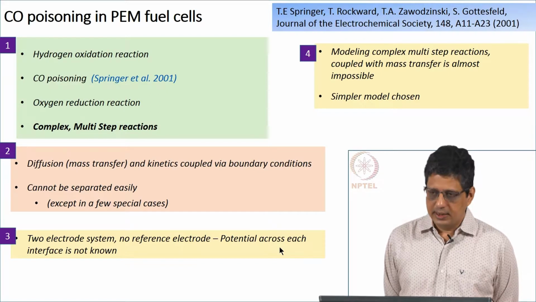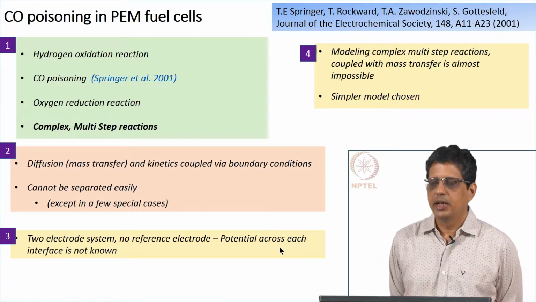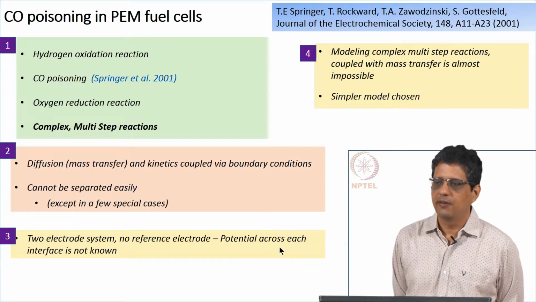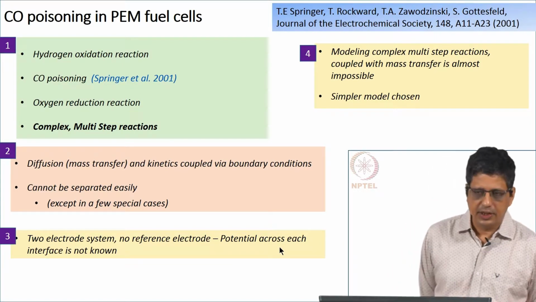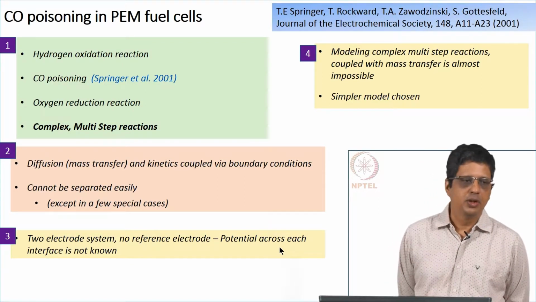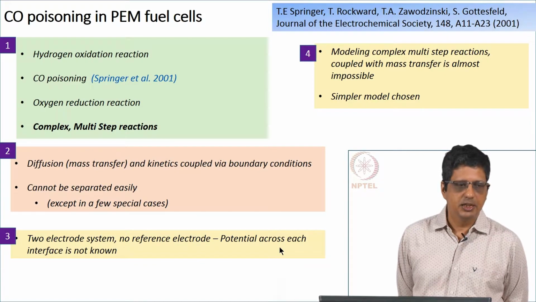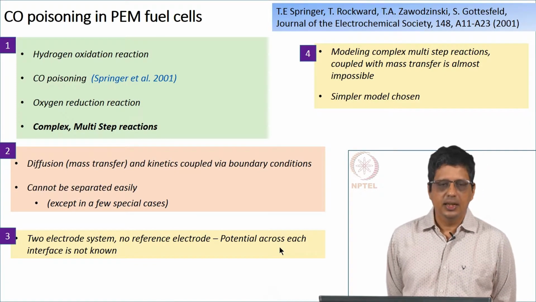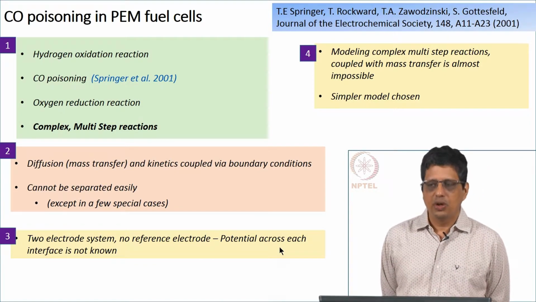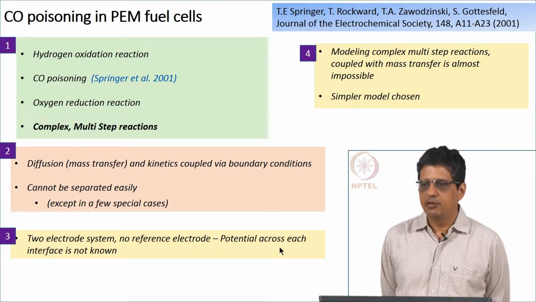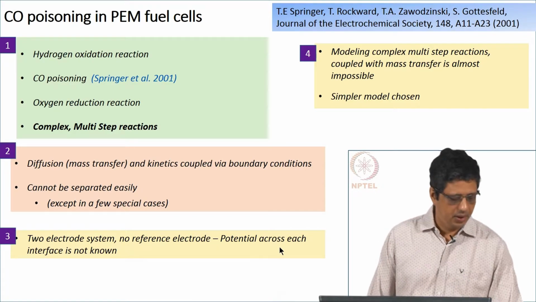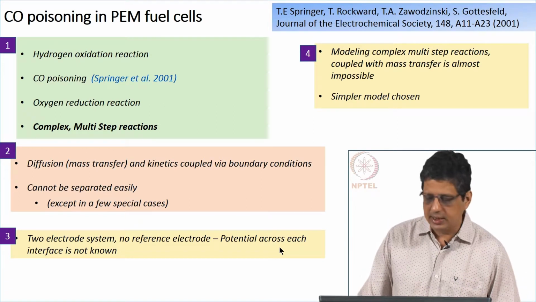So, to make sense out of the data and to get an understanding, I would guess the authors have described this reaction on the anode side with one adsorbed intermediate species as a simplification, and then added the bounded Warburg impedance, added the diffusivity part to this, and that is how they have modeled this data.